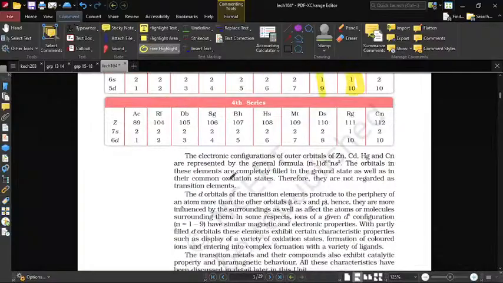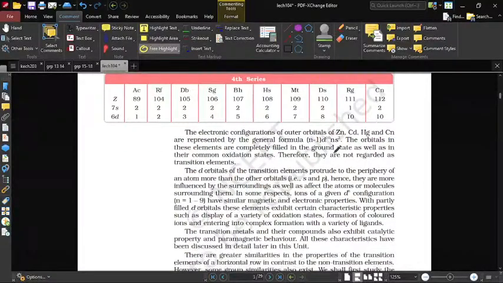ग्रुप वाइज से याद करा था. The electronic configuration of outer orbitals of zinc, cadmium, mercury, and copernicium, था ना? Copernicium are represented by a general formula of (n-1)d10 ns2. The orbital in their common